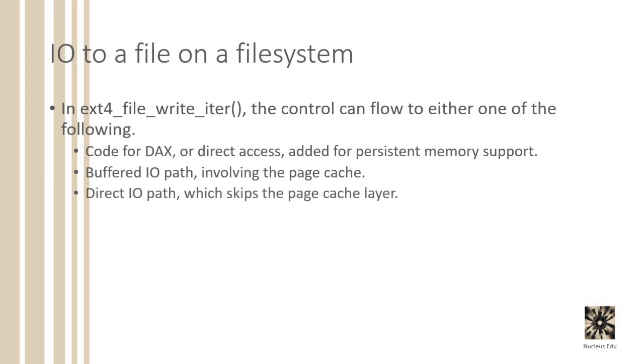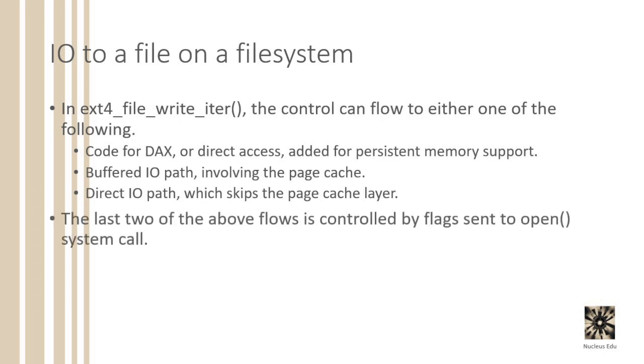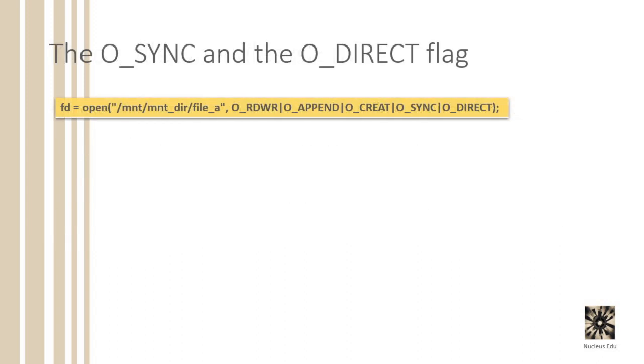Right, next is the direct IO path, which basically skips the page cache layer. And these are the three conditional branches in the ext4_file_write_iter function, and your IO would go to one of these depending on multiple things. As I mentioned, the last two of the above flows are controlled by flags, and this is what we'll be looking into. So the relevant flags for us are the O_SYNC and the O_DIRECT